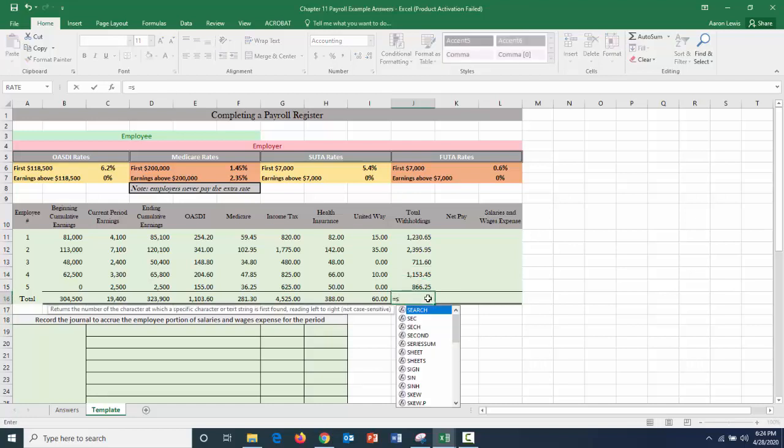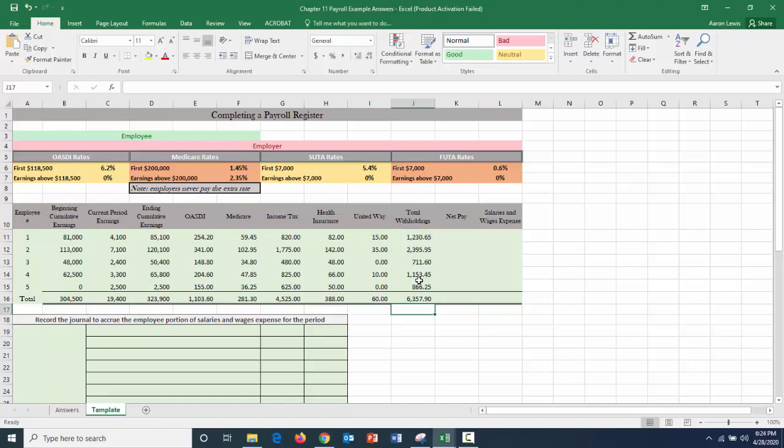And for employee 5, it's $866.25. And when we add all that up, the total withholdings coming out of all of our employees for this pay period is $6,357.90. So what is each employee's net pay? Well, it's their current period earnings minus their withholding. So if employee 1 is making $4,100 but getting